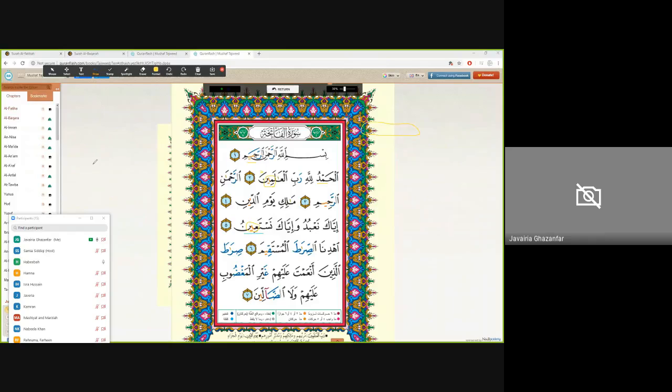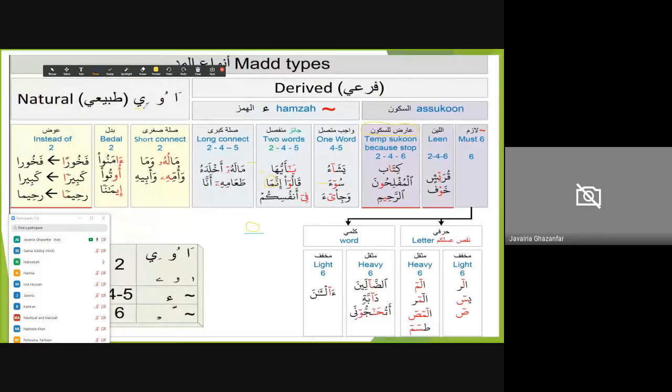Do you see something similar right here? Very good. It's a natural mud. And after the natural mud, if you're stopping, then what is this going to be called? Very good. So if you're stopping, it's a sukoon.